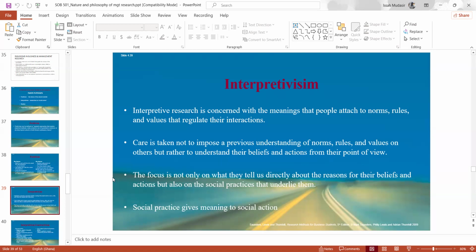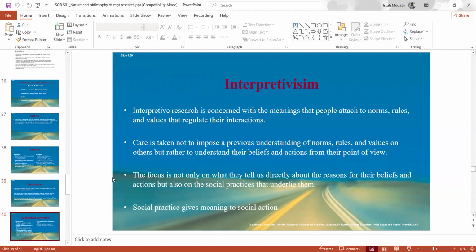So, what are the tenets of interpretationism? They believe in a world of intangible multiple realities. Okay, so constructivism believes that reality cannot be touched in some cases. It may not be seen in some cases. It's not tangible. Okay? And that reality is multiple. Okay? You have your truth. I have my truth. They have their truth. The truth is lying somewhere. So we have to look for it.